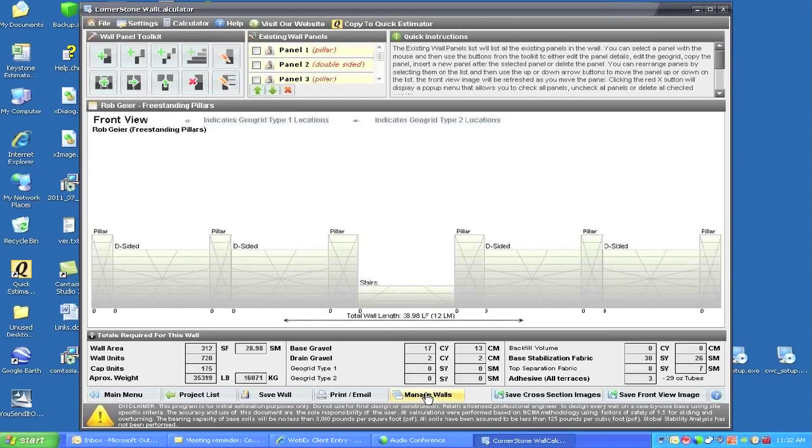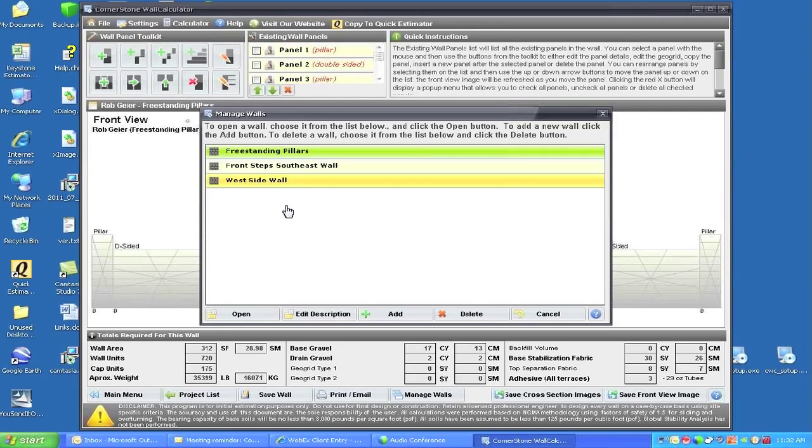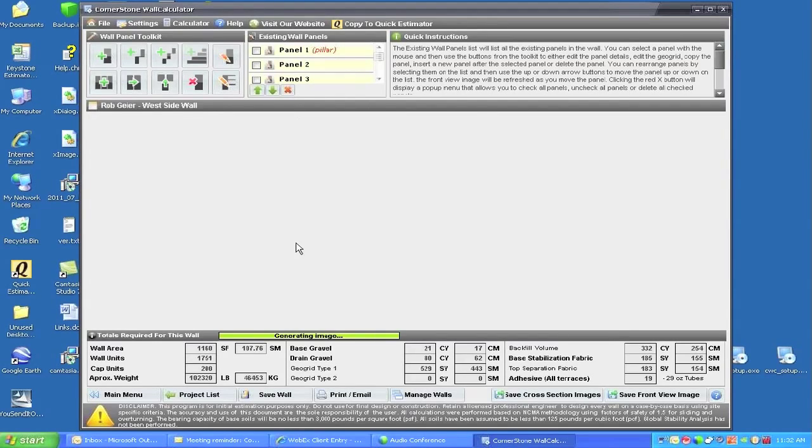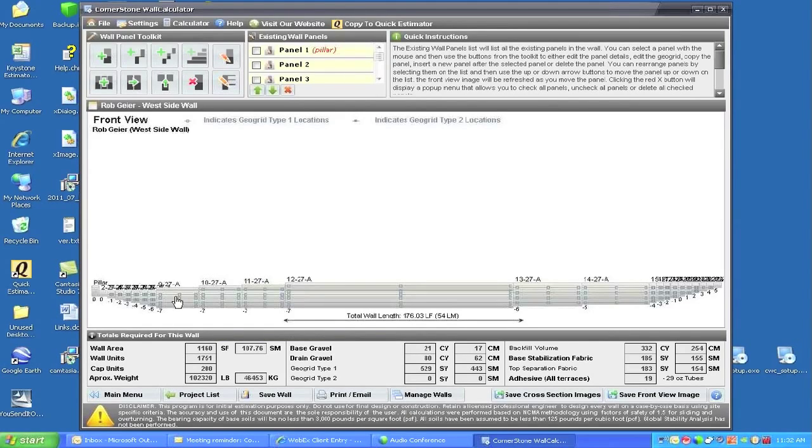This particular project also has been managed, and there's a freestanding wall, there's a front step, east wall, there's a west side wall, and they are all different in their concept. And there you can see the pillar and all the way through the process of how we raised and changed the panels and elevations and double-sided walls